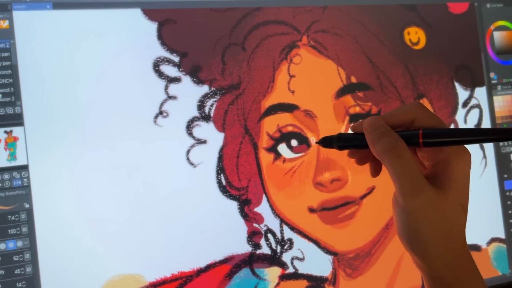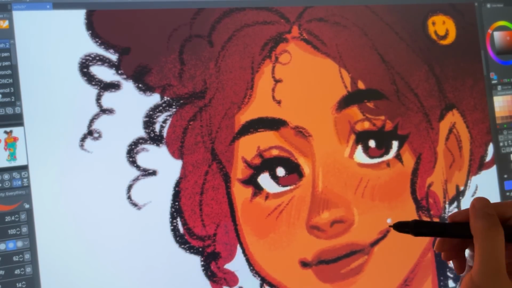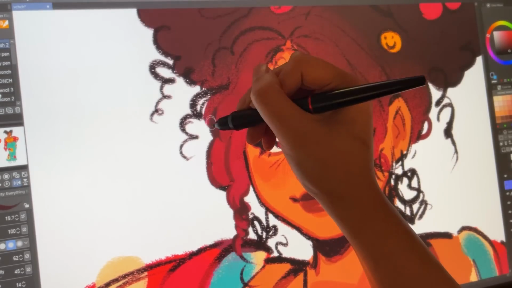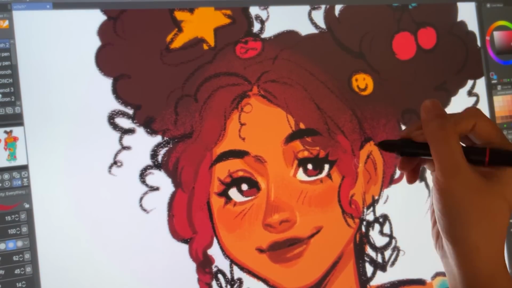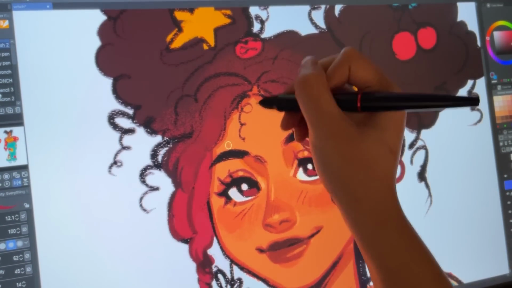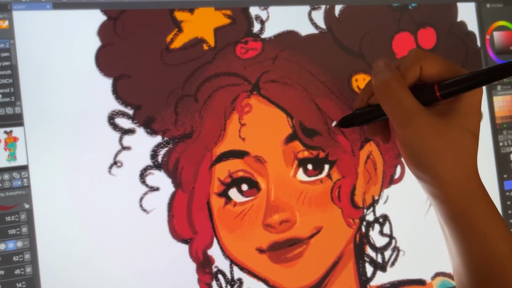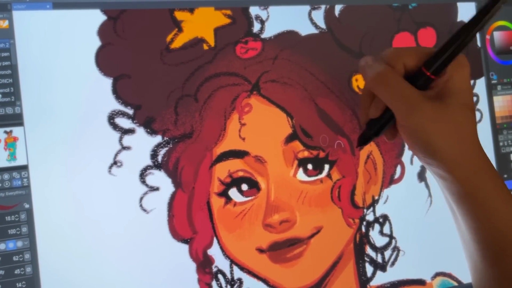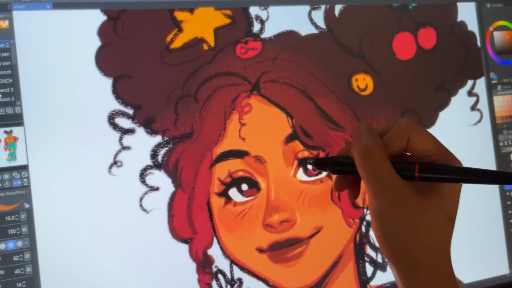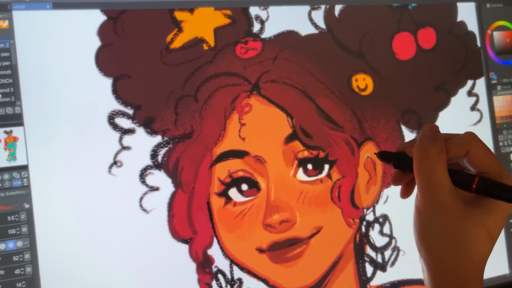And with all that said, I am still pretty proud of myself for doing this. Because when I posted a WIP of her on Instagram, I got comments from people saying that she looked like them, and it honestly made me really happy to know that people saw themselves in my art. So this experience definitely motivates me to challenge myself a lot more and draw more different things. And I'm looking forward to revisiting Esmeralda's design.